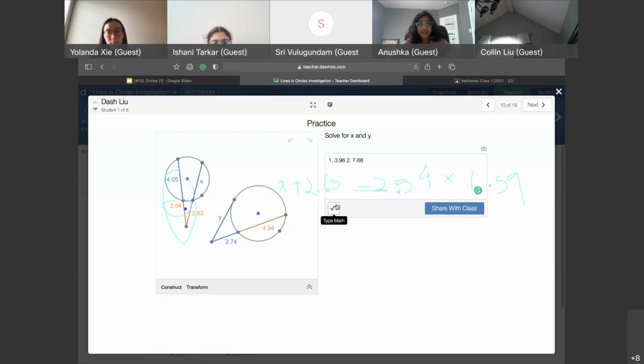So we divide both sides by 2.63. First we have to add the right side, right? So 2.54 plus 6.59 is 9.13. So we divide it by 2.63, right? And we get